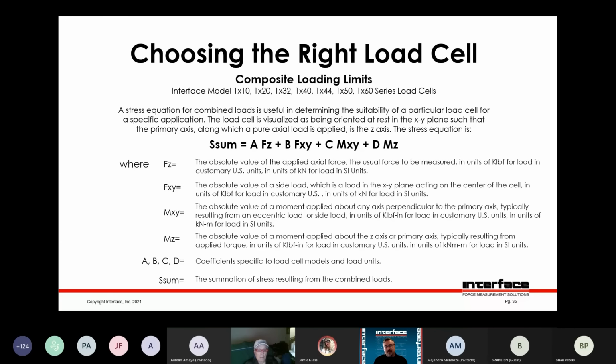Because we understand all this, we can also start to look at what all these loads affecting the load cell are and what impact they have, say, on the longevity or the ability to withstand those loads. I won't get into this in great detail, but if you want to dig in with an application engineer, we can actually look at what your expected loads are, including side load, torque, moment, and really figure out, is this the right load cell, or do we have to go to a bigger load cell to survive it?